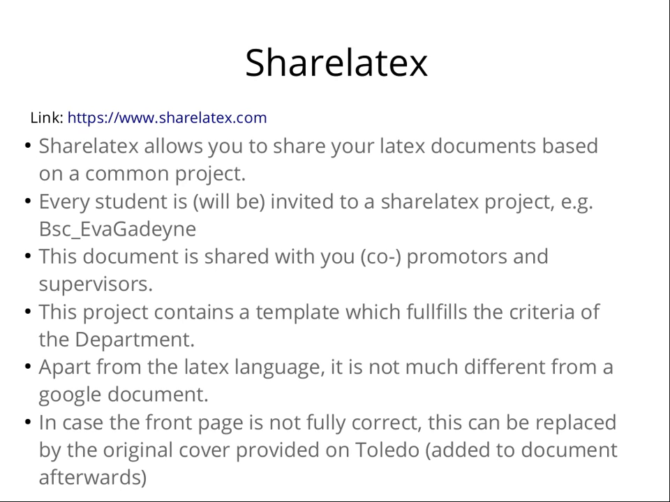ShareLaTeX works like a Google Doc, so it allows you to share your LaTeX documents based on a common project. Every student has their own project. Every student is or will be invited to a project. I will use Eva's example today. So this is how I called it in ShareLaTeX. This document is shared between the students and